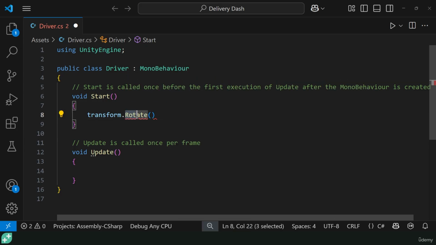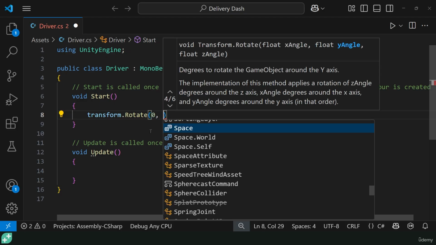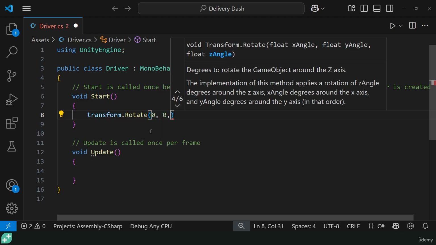Sometimes we don't. So rotate is basically rotating, but it doesn't know how to rotate. It's like, can you give me some information, please, Rick, on what sort of rotation you want me to do? And what it's looking for is how much you want me to rotate on the X, on the Y, and on the Z. So what we'll say is 0 on the X, 0 on the Y, so 0 and then